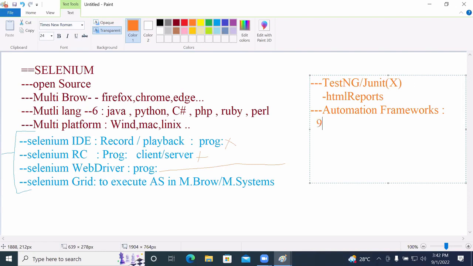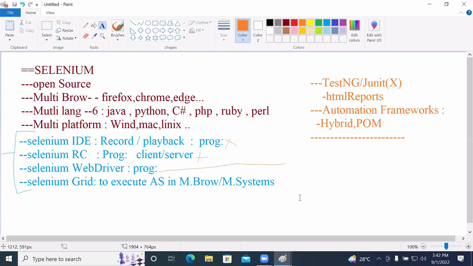As part of the automation framework, we need to take care of working with the hybrid framework and then the POM framework. So in this particular automation framework, you will work with hybrid and with POM. Now, in this training program, as part of your full stack,